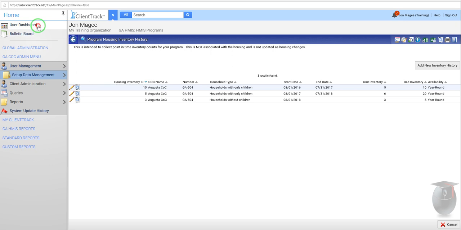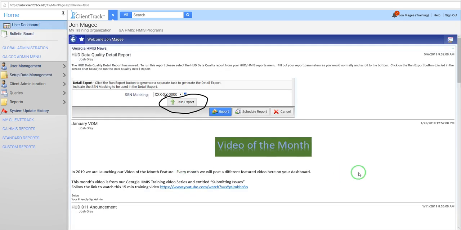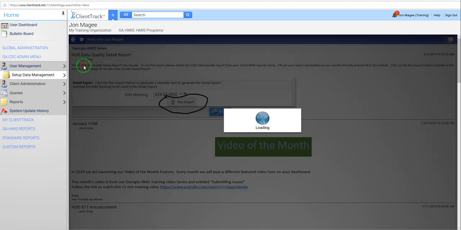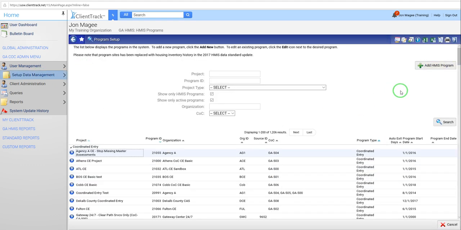Now that actually covers all of the HUD specific changes as they relate to an admin. So now we will jump into Ecovia changes. Some of these changes I am really excited about because I think it's going to make all of our lives easier. I'm going to go back to the project setup form, and Ecovia has kind of redone the